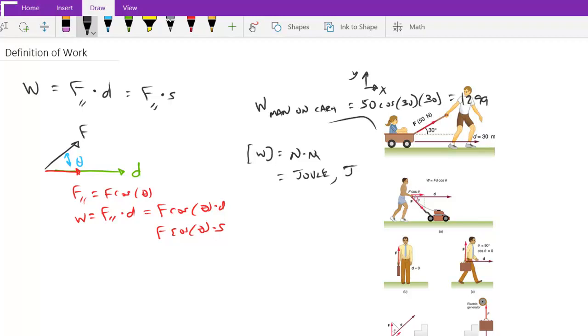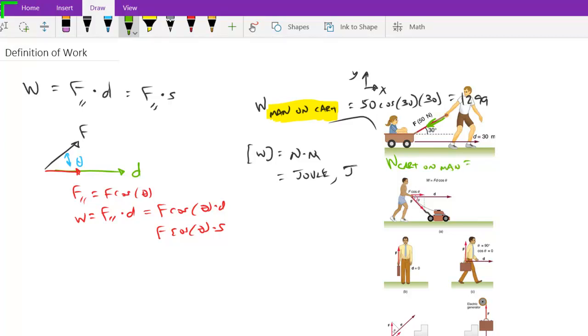So we have to be very careful here. What is doing work on what? This is the work done by the man on the cart. We had some positive component of the force, and we had some positive displacement. If I were to flip this around, however, and say, what is the work done by the cart on the man? Here's our force that the cart exerts, which would also be 50 newtons via Newton's third law. And so we could say that the work done by the cart on the man,